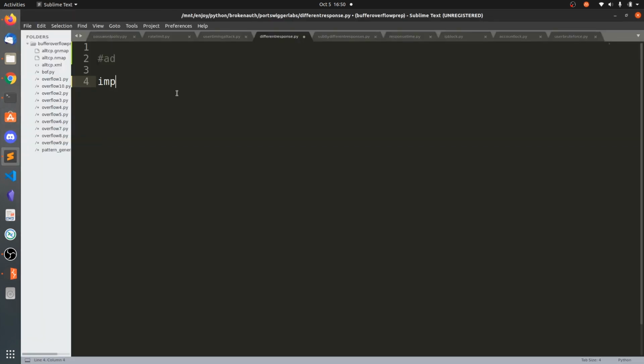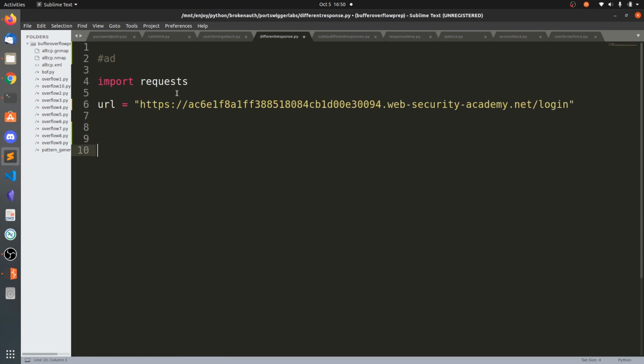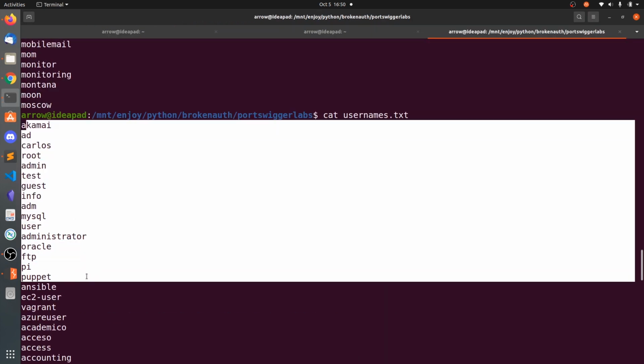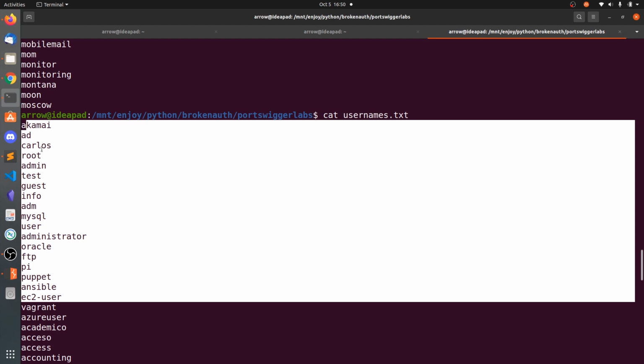And import requests. So we'll be using the requests module to send the request and receive the response, and the URL is this one. So paste the URL. Now we need to extract all these names from this usernames.txt.